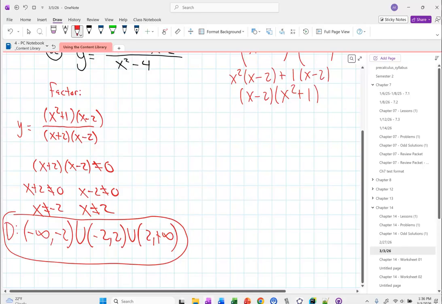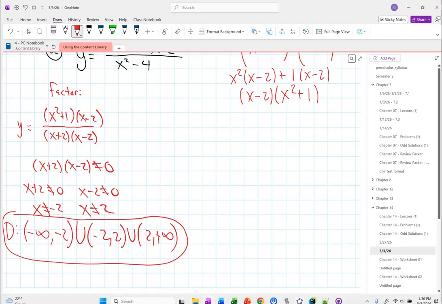Questions on how I cooked up that domain? Everything less than -2, everything between -2 and +2, everything bigger than +2. That's everything except for -2 and +2. Everybody feel okay? Okay. Now,